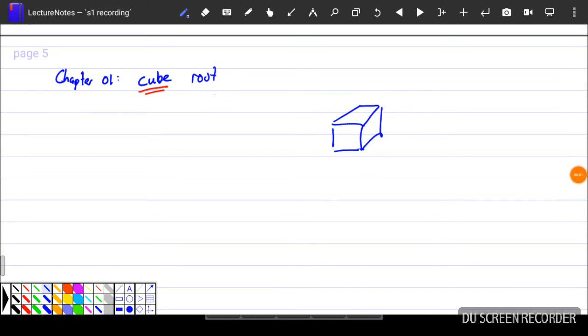Okay, in this section we will understand what is cube root. First, you want to understand what is cube. Cube refers to a three-dimensional object with equal length, equal breadth, and equal height. So in this case, we say that 8 is a cube number, and 8 is equal to 2 times 2 times 2, or we call it 2